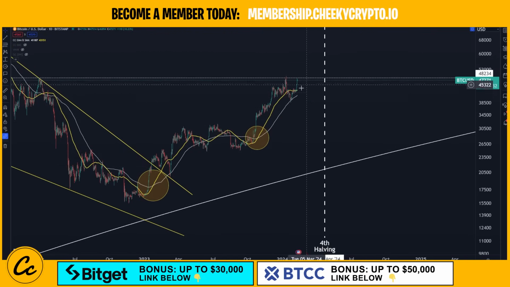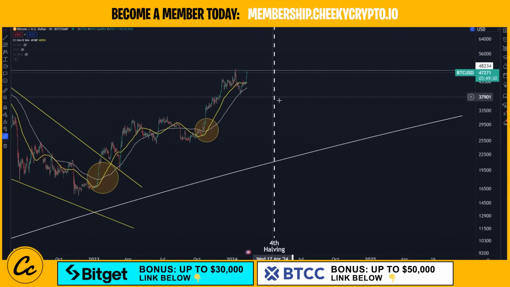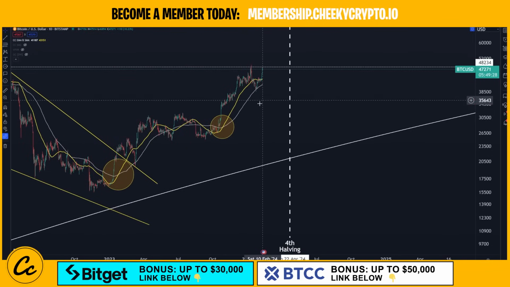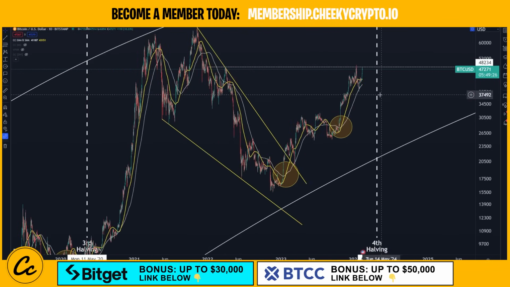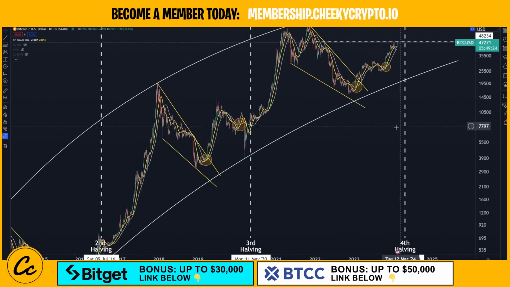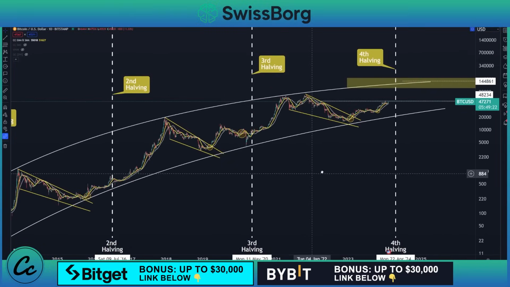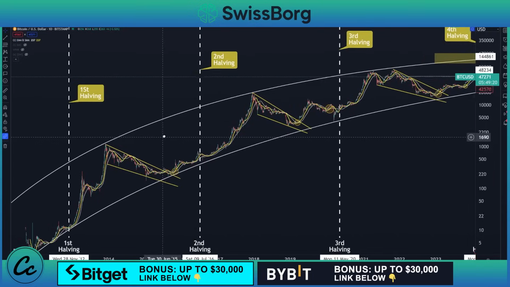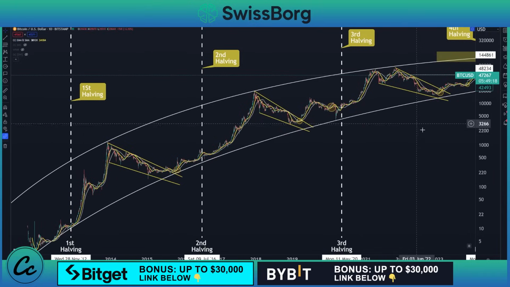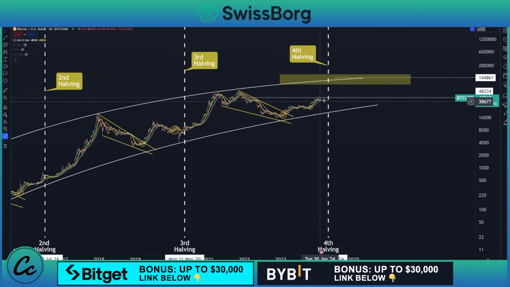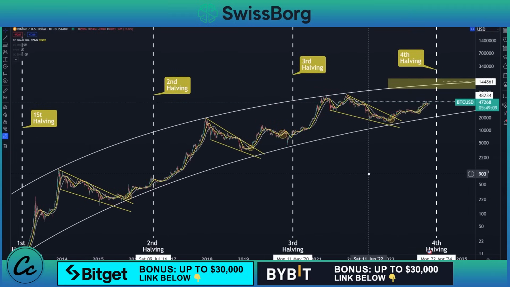And of course, the Bitcoin halving event is going to be a volatile move in the market regardless. Now, what's happening after the Bitcoin halving event is really the catalyst here. As we can see, if I zoom back out, every time we've had one of these big halving events, the price has exploded to the upside. We're yet to see that explosive move to the upside. That still puts us in real good territory for a great accumulation, right?